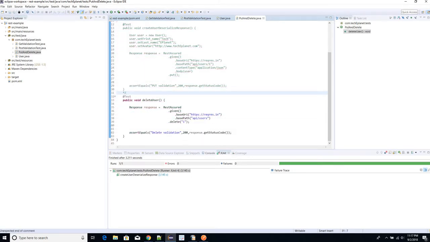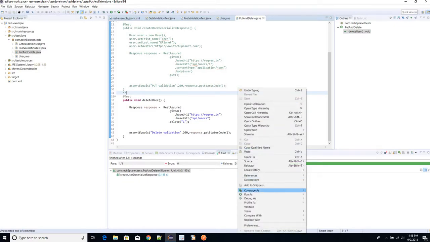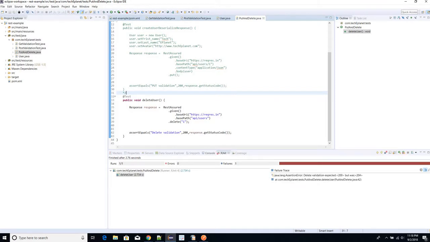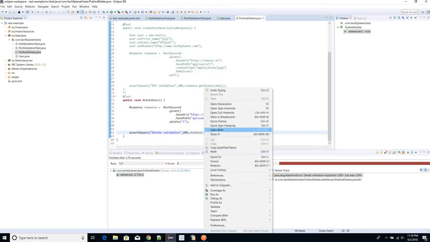Ideally, it should not return anything, which means it shouldn't be returning any content except the status code. So the status code should be 204. I'm gonna give it 200 and see what it's gonna throw. Okay, we will correct it once it throws an error. Yeah, see, 204, which means no content is returned because it was a delete operation. Right? If I do that again,